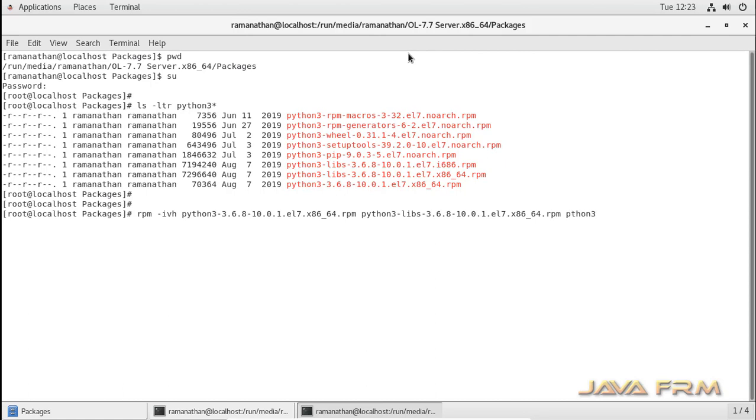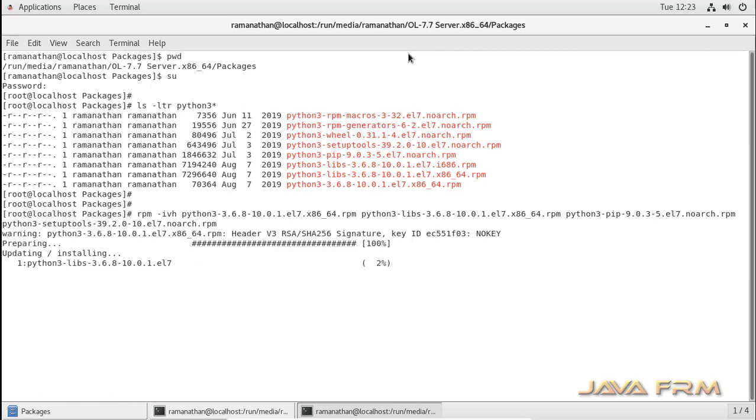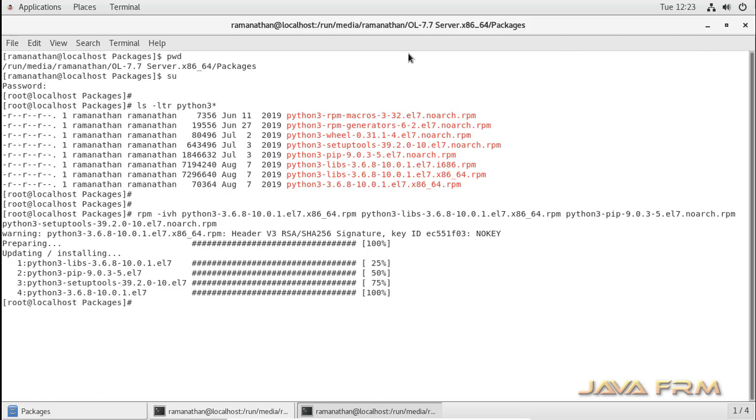SQL Server 2019 uses Python 3. These four RPM packages are needed by SQL Server 2019.